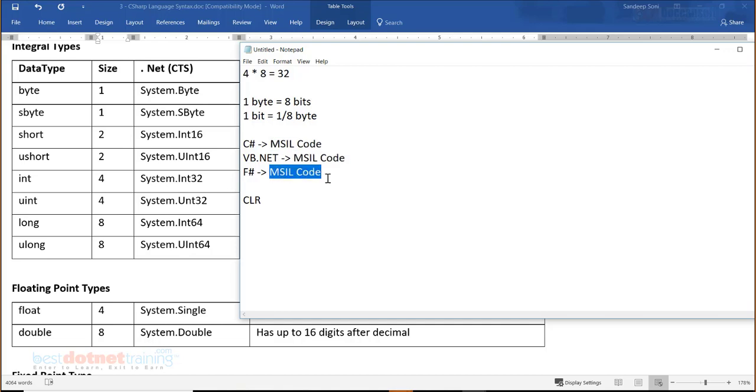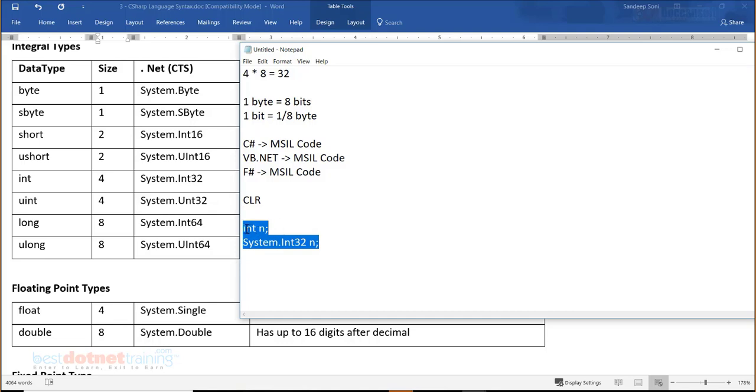But for language simplicity, languages also have their own data types, but remember those are nothing but aliases to these data types. If I am declaring a variable in C#, I am going to write, let us say, int n. I can always write System.Int32 n. Both are the same, absolutely no difference between them. Why?